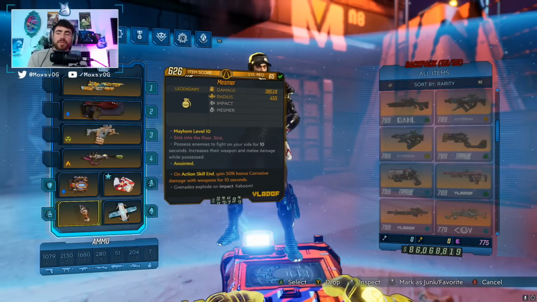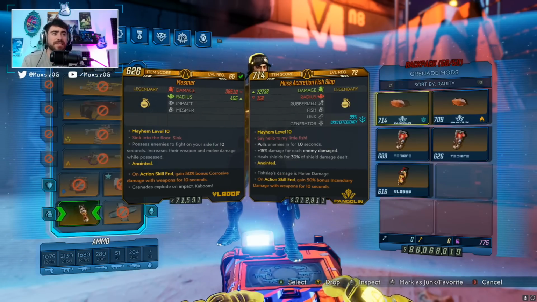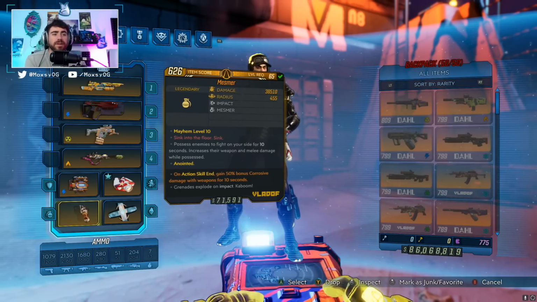The next thing that we're utilizing in this build that is new is the Mesmer grenade. Now, if you do not have DLC 6, you don't need to worry about this thing. You can use like an It's Piss or a Fish Slab. Both work well, but the Mesmer grenade, when the clone throws it, is going to confuse enemies and have them